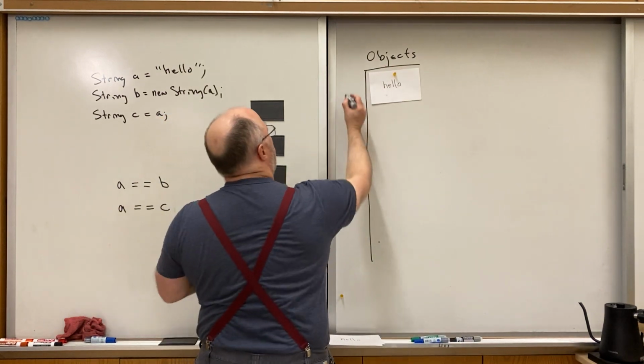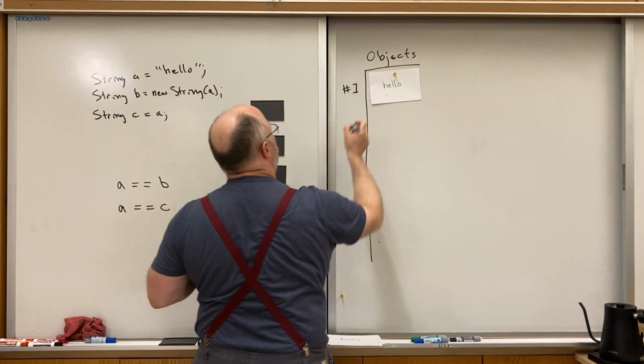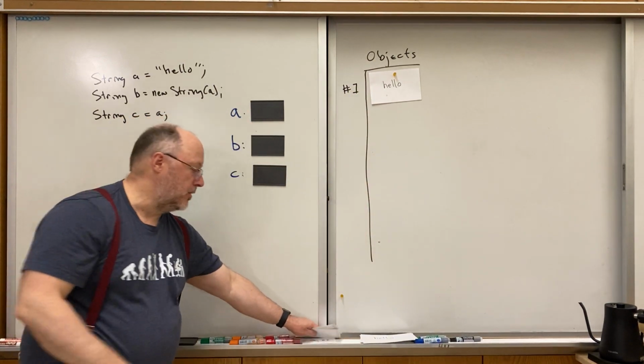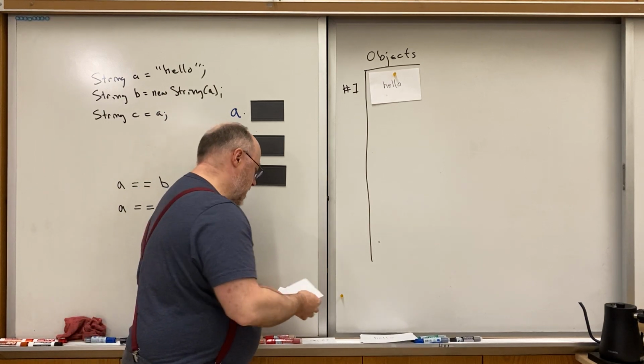And we'll call this object number 1, just so that we can refer to it. And so then what is the value in the variable? The value